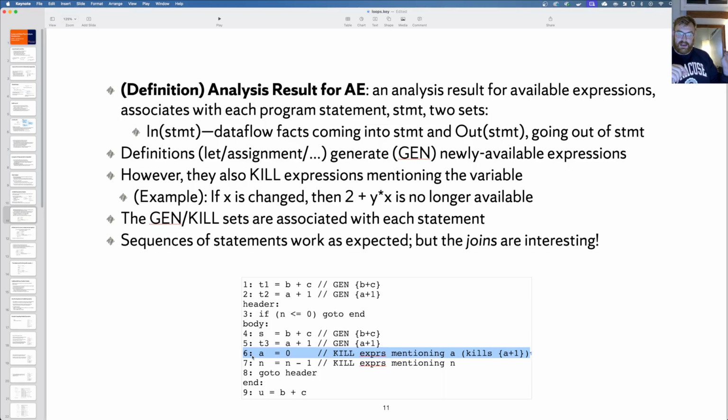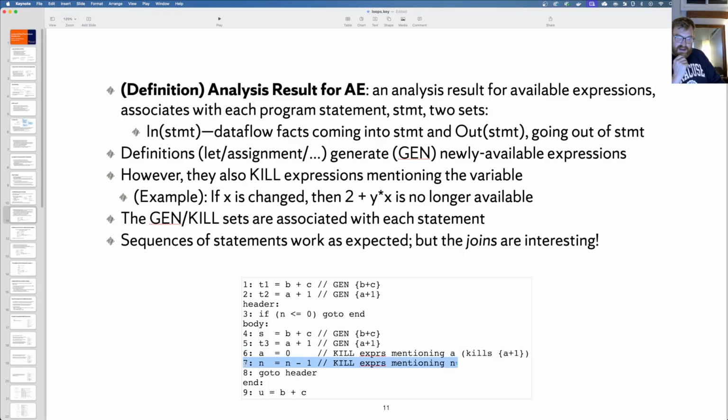And so if a plus 1 was valid before, which it was, I just computed it on line 5, now it is no longer available, because I have changed the definition of a, which is included in a plus 1. So now a plus 1 is no longer known. A is at 0, it's been trashed again.